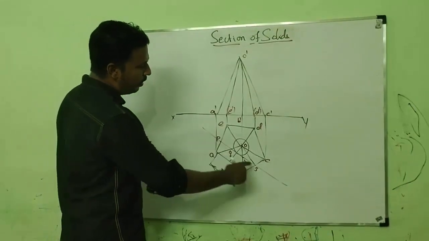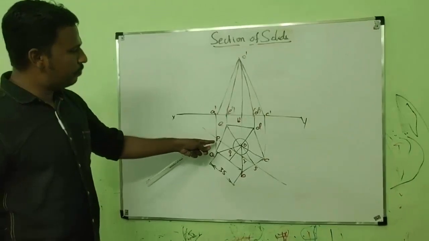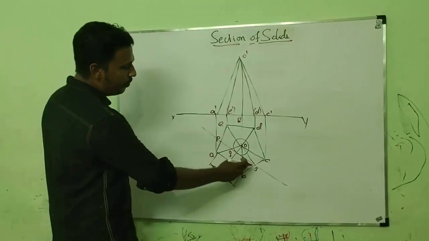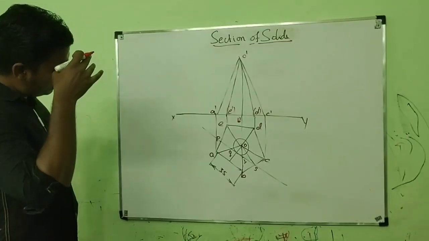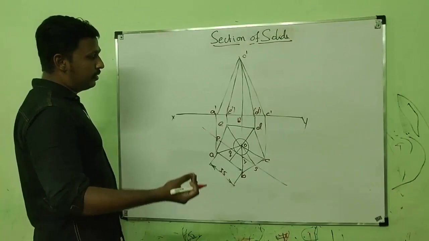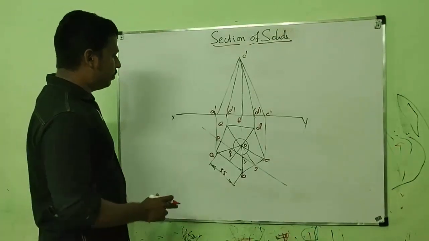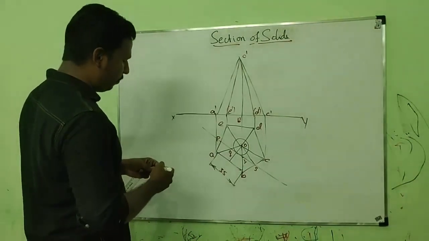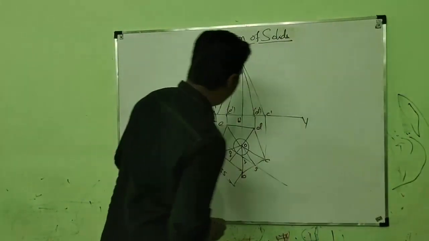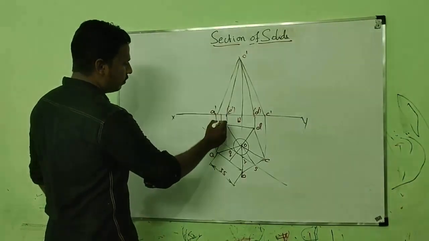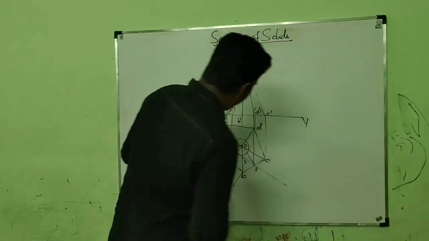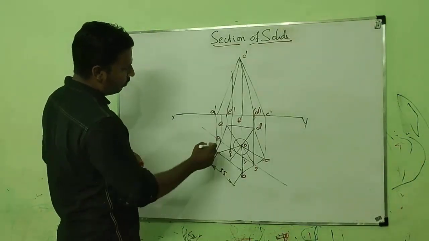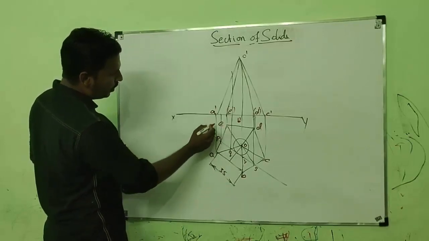We have to locate the cut points wherever the edge is being cut. Here the base edge is cut, here the lateral edge is cut, here base edge is cut. So we have to locate only the points where the base edge or lateral edge is cut. So we have named the points as P, Q, R, S. Then we have to transfer this point to the front view. Draw vertical lines from the points. Okay, the point P is actually in the base edge, so it should be clearly transferred to the base edge itself. That is in the edge AE, so it should be cut in the AE point.